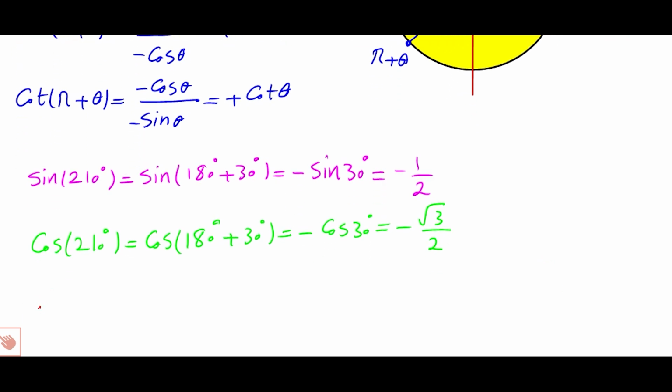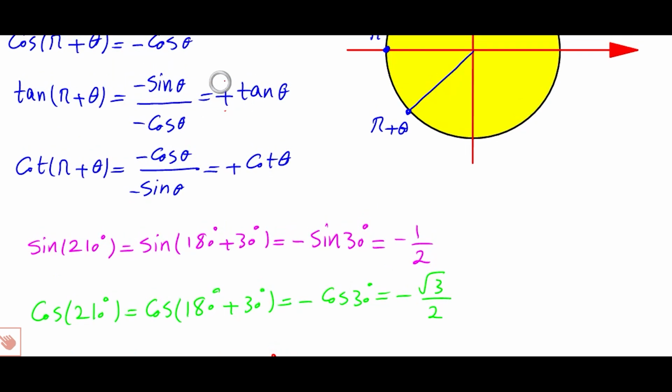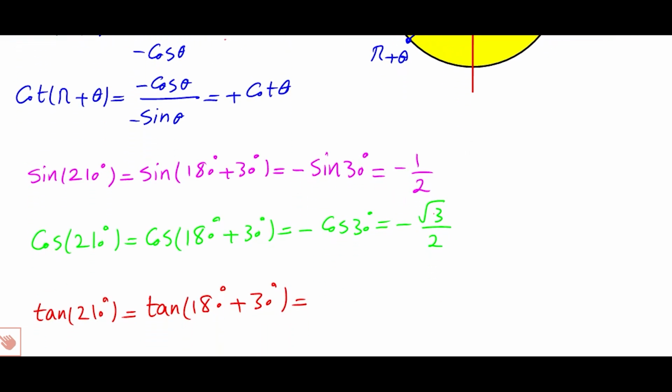And finally, tangent of 210 degrees is equal to tangent of 180 degrees plus 30 degrees, which is equal, according to this formula, to plus tangent of 30 degrees, which is equal to plus the square root of 3 over